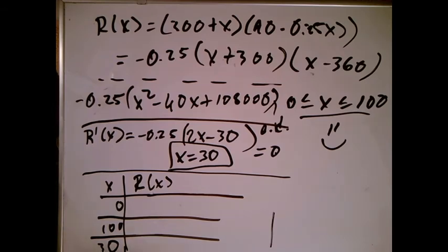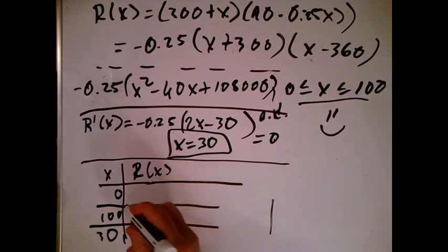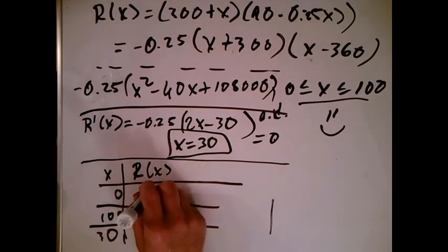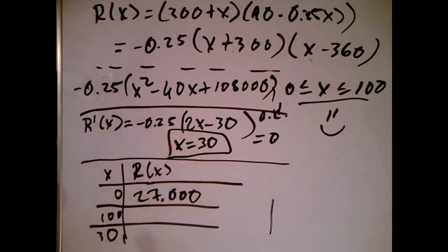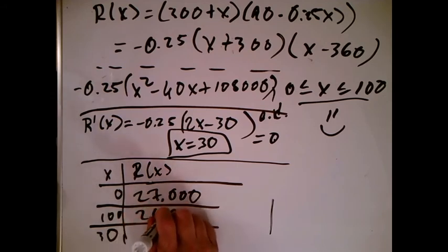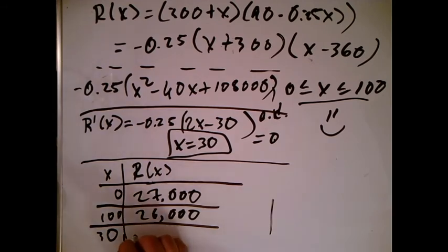So here we go. And the calculator says when x is 0, we make 27,000. And we knew that. By the way, the only way we can make less than 27,000, I think. Nope. If it's 100, I make 26,000. I can certainly make a lot less than 26,000, by the way, if they only rent 10 chairs. But we won't worry about that. I'm just going to worry about this part of it. When I plug in 30, I get